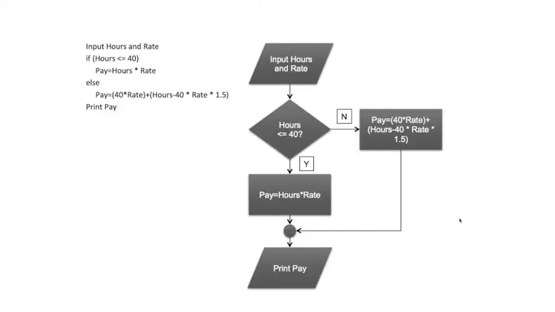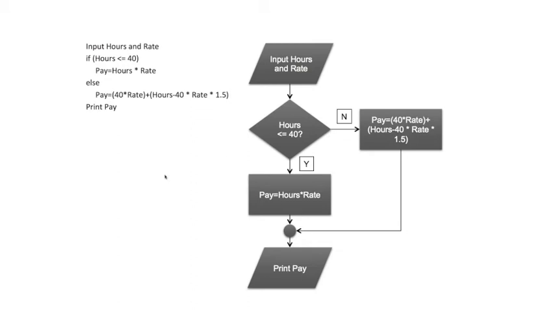So here's our pseudocode with the equivalent flowchart. So we get the input, make a decision based on the value of hours, and then take one of two possible branches depending on the result of that question. Each branch does a different calculation, and we can see that we only need to print pay once, because we can definitely say that it will have been calculated at some point by one of the branches, regardless of the